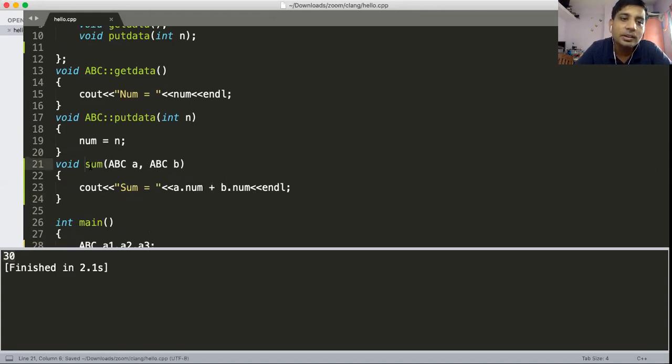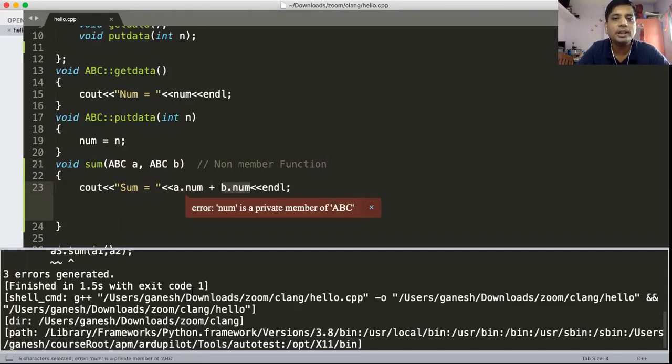It means sum is a very simple function, a C language function. It is a non-member function. If it is a non-member function and you try to access the private member, it is not available. If I try to run this program, there is an error: num is a private member of ABC and you cannot access it.